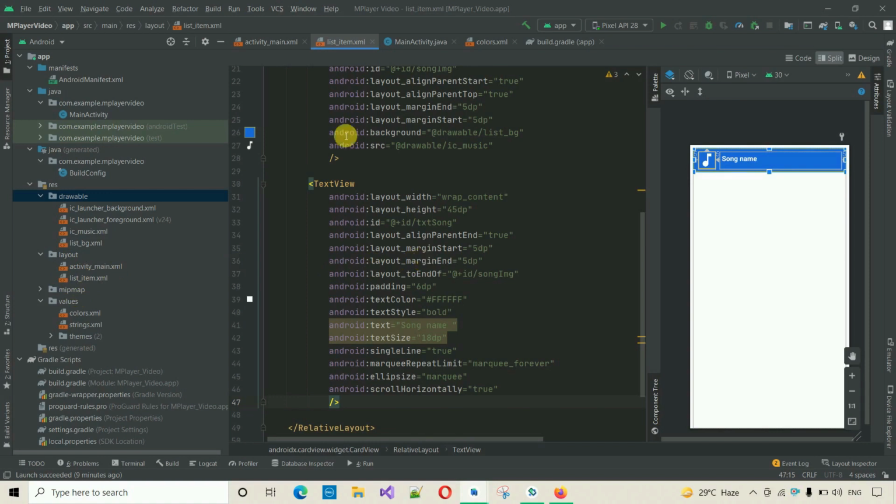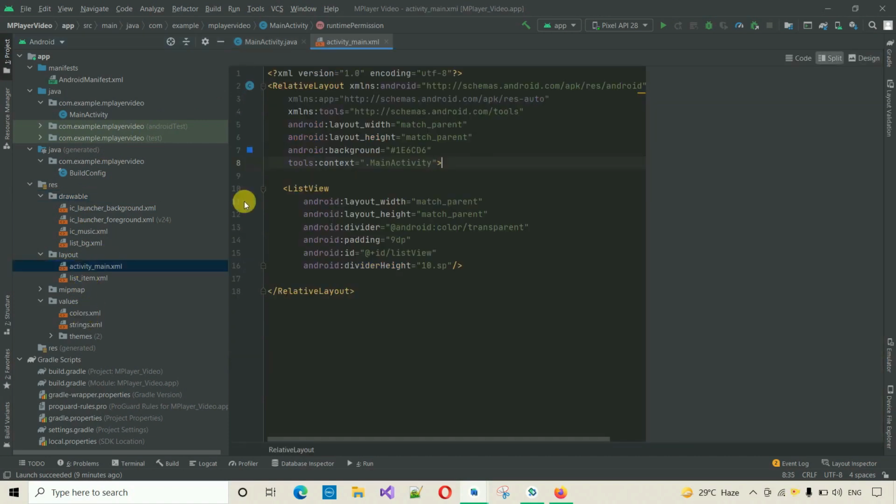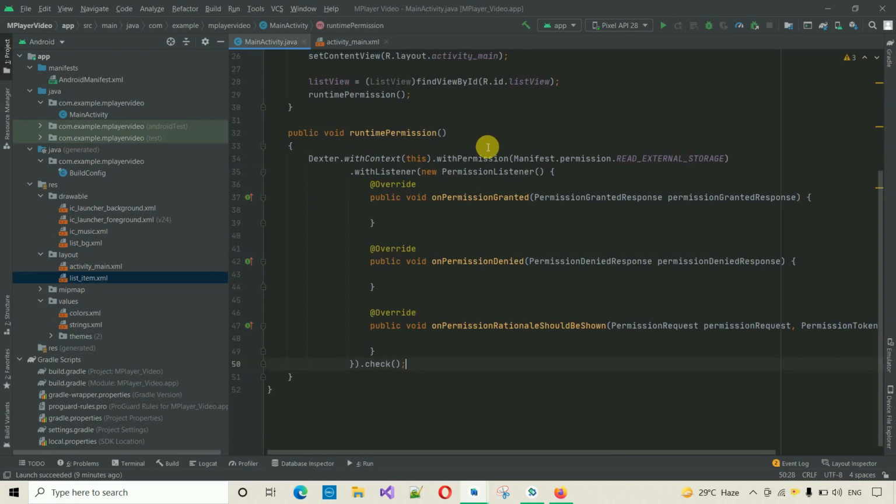Now finally what we have to do is just close everything, and keep this one open, that is main activity. Here, the first thing we have to do is find the songs, then search them, then load them, and finally load these songs inside this activity_main with this list item view. Okay, so first move back over here, and first we have to find the songs. So make some space over here,